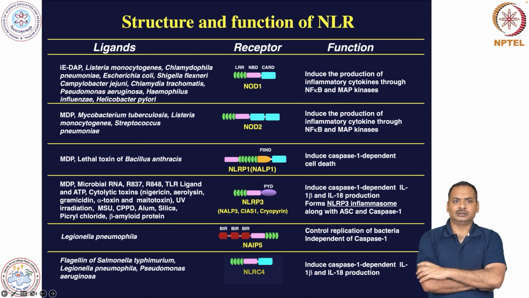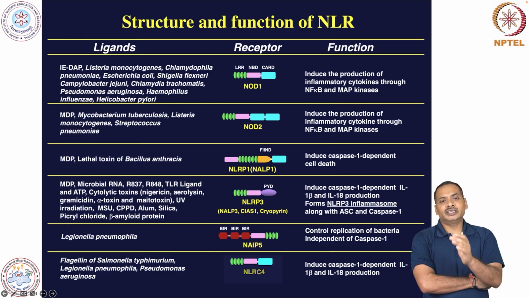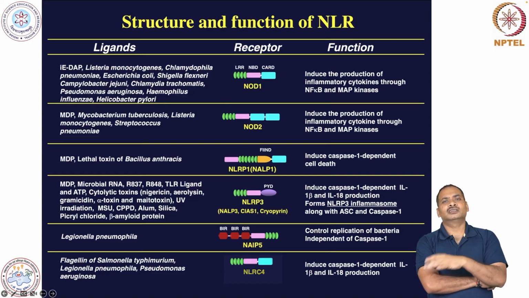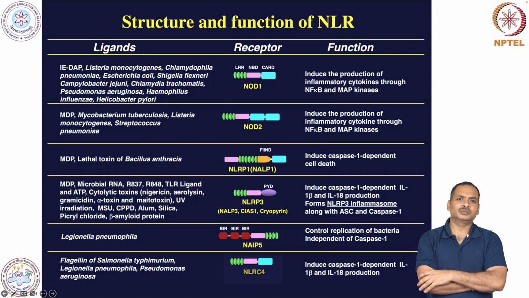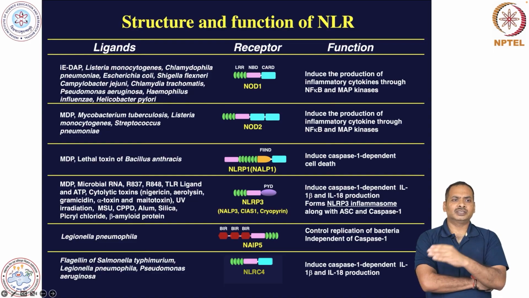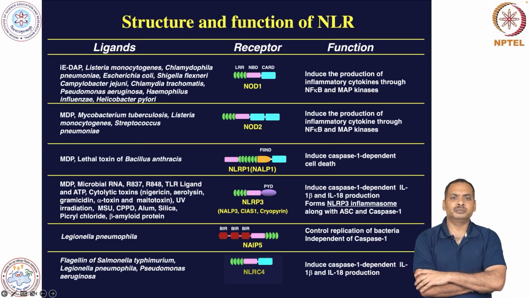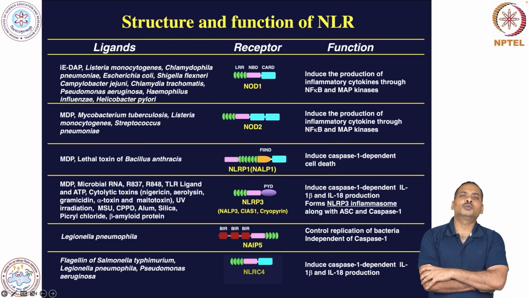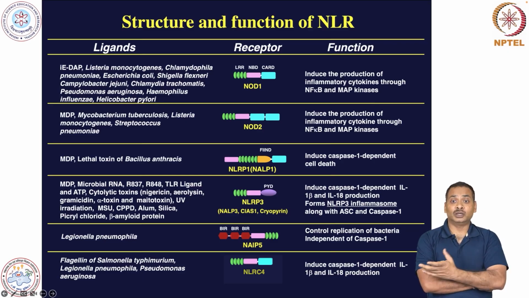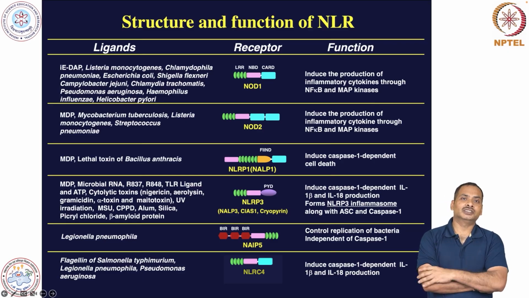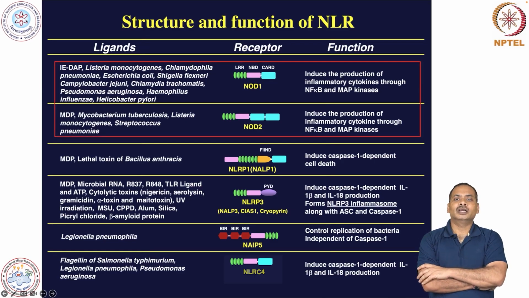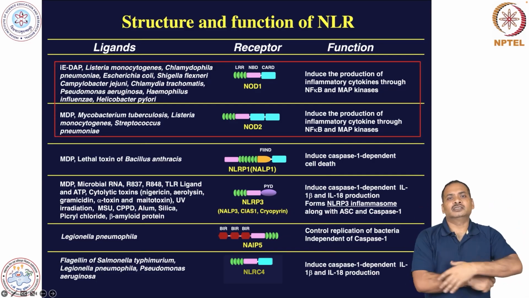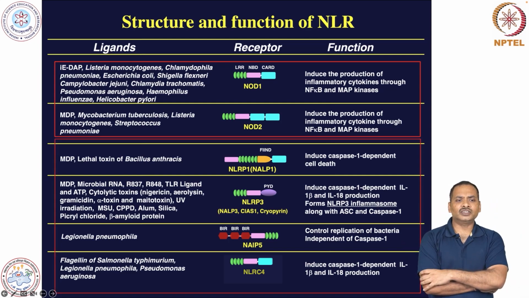Streptococcus pneumoniae. Okay. So once NOD1 and NOD2 sense these pure ligands, IE-DAP and MDP, in the cytoplasm, it induces the production of inflammatory cytokines through activation of NF-kappa B and MAP kinases. Okay. So this is one functional category. Another functional category is